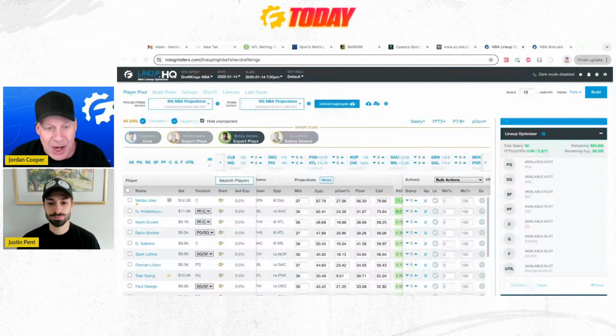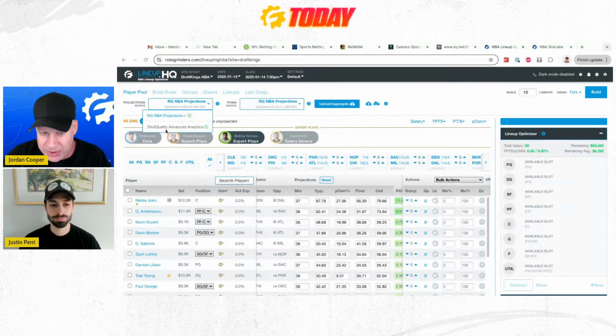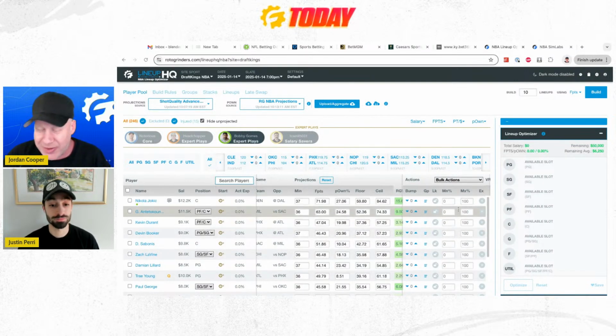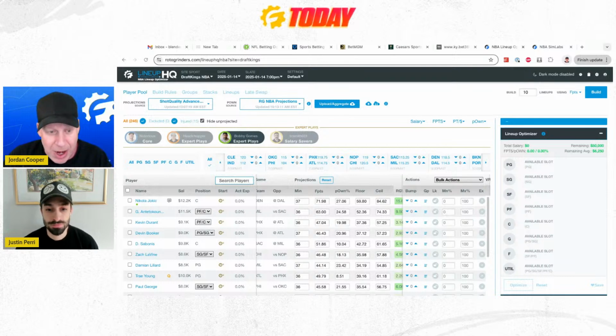And the Shot Quality add-on here at RotoGrinders is very similar to the Blitz for NFL, or the Bat for MLB. Shot Quality, you can see right here on the screen. You could even use HQ. You could go right over to Shot Quality Advanced Analytics, and it'll load the quality projections in. We also have statistical projections for Shot Quality as well. So if you have our props and pick page, you could get the Shot Quality model and all statistics. You could export that via CSV and use it anywhere.